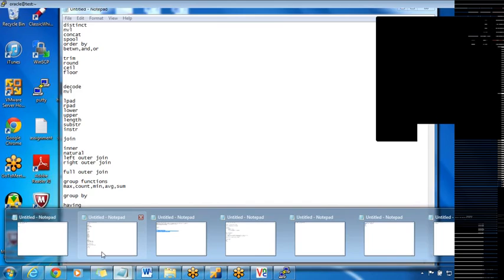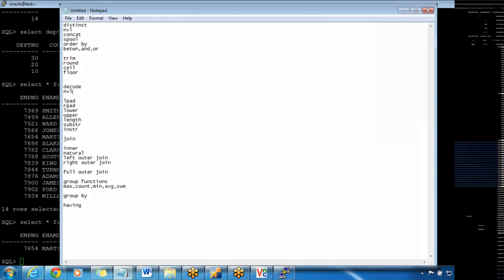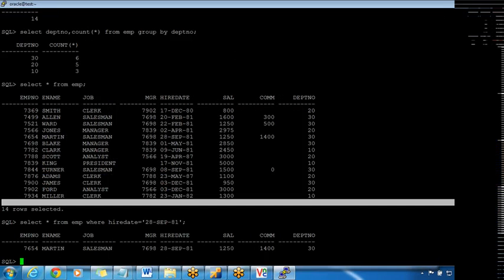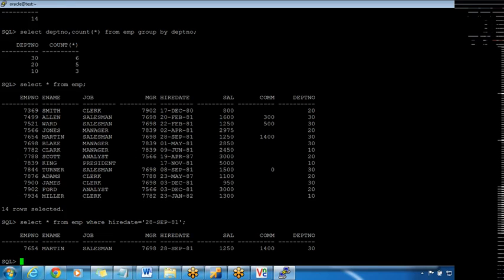Next, what else do I want to tell? For example, if I want to get the information about the employees who are hired from 80 to 81. There are other employees who are hired in 87 and 82. I don't want to get those employees. I just want to get the employees who are hired between 1980 and 1981. So select star from EMP,